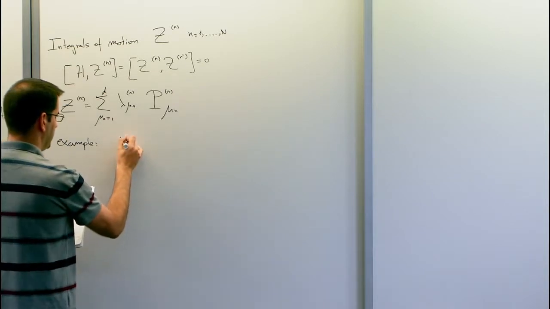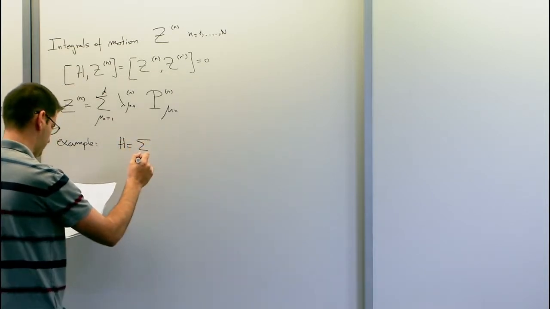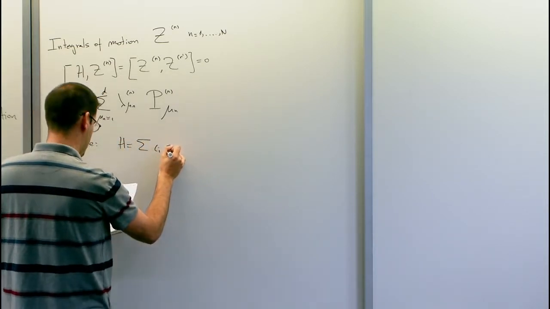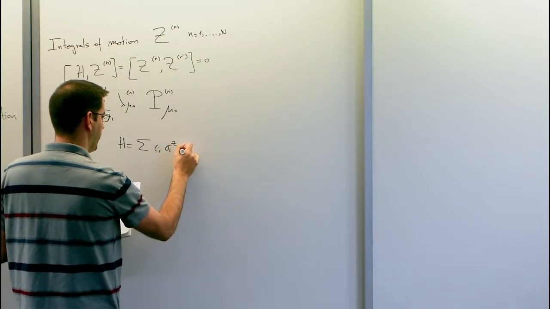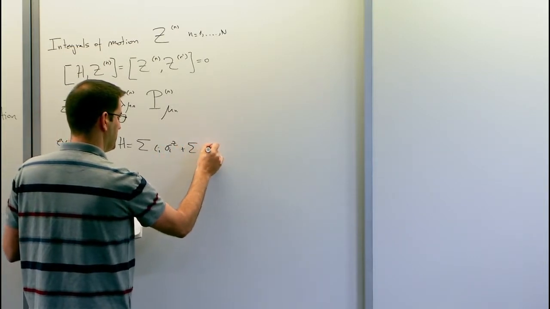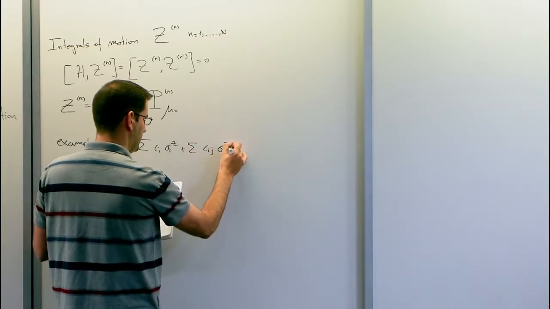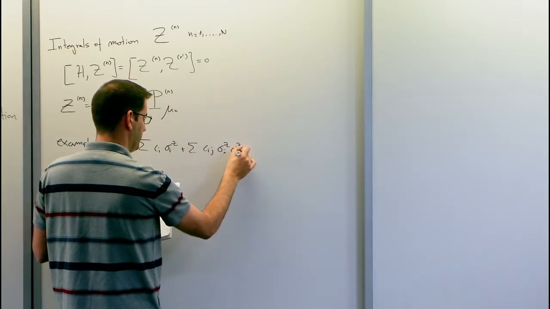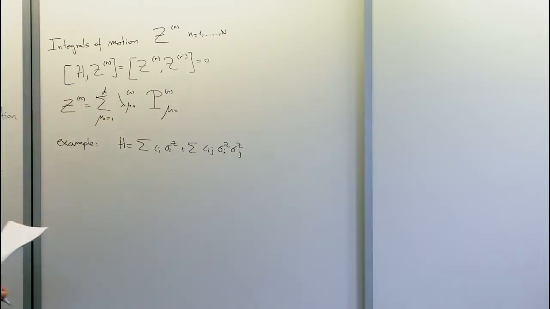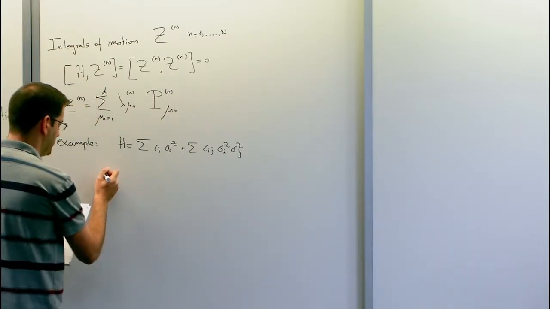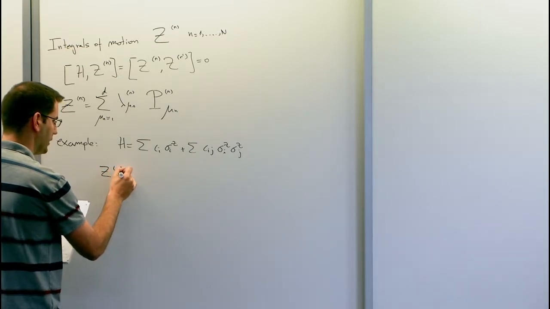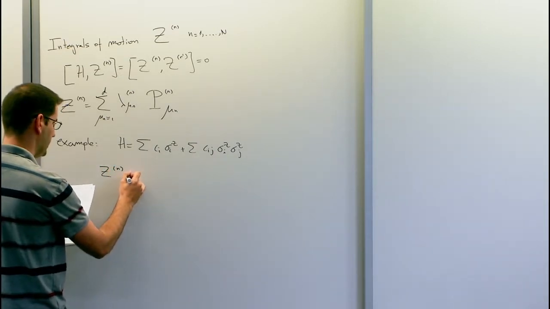So we could think that we have a Hamiltonian, which is just some magnetic field in the z direction, plus, say, nearest neighbor sigma z couplings. Maybe nearest neighbors, doesn't really matter. Okay, so imagine we have this Hamiltonian, then a set of constants, integrals of motion could be given by each